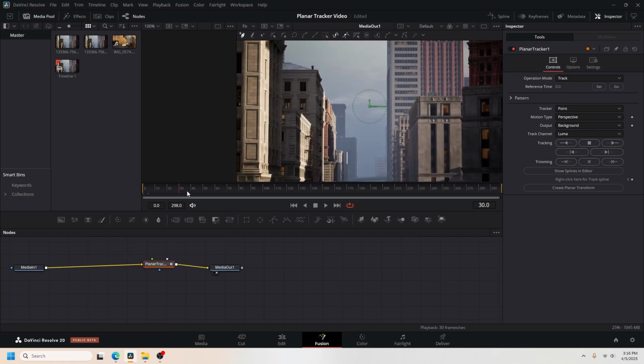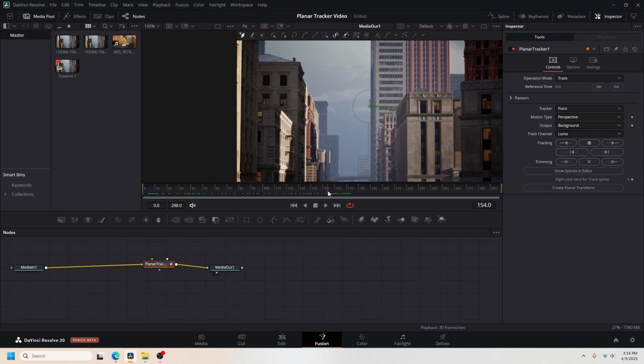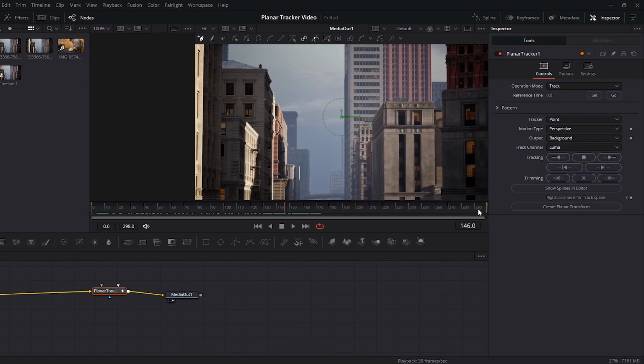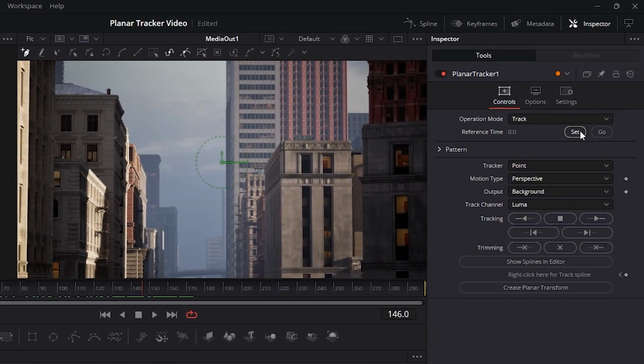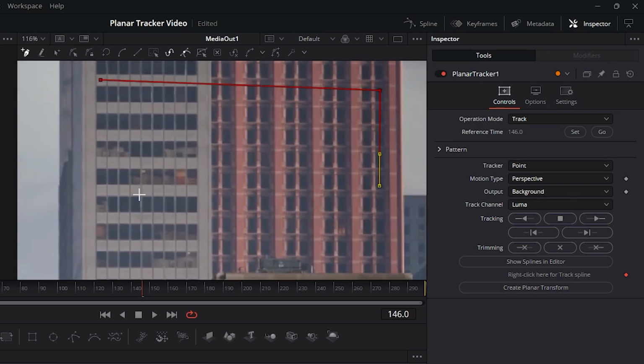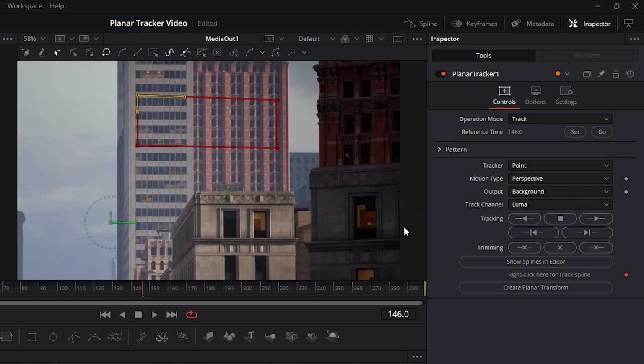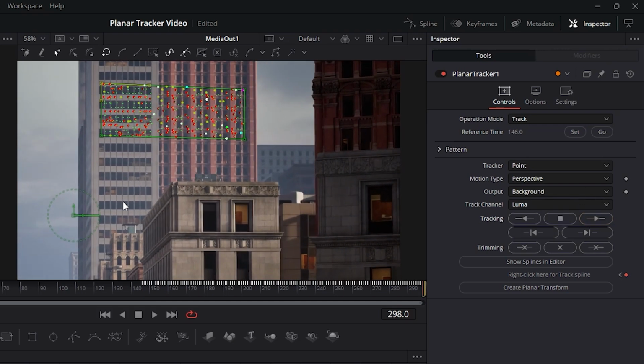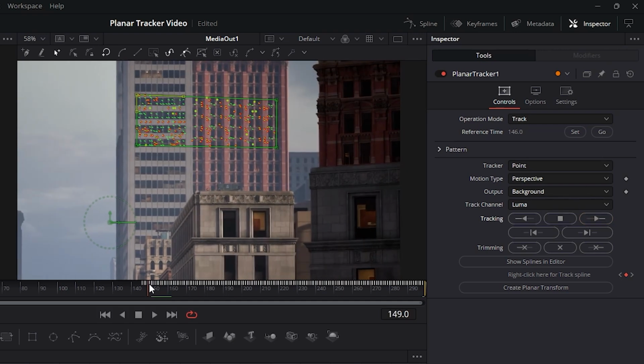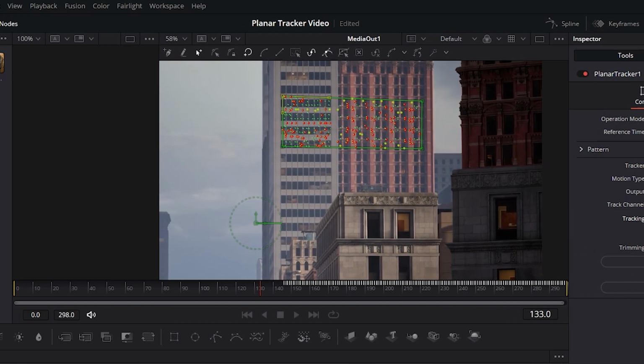and now select the frame where you can accurately draw the plane, set reference time, and now draw the plane, and now track forward and go to the reference time and track backward,